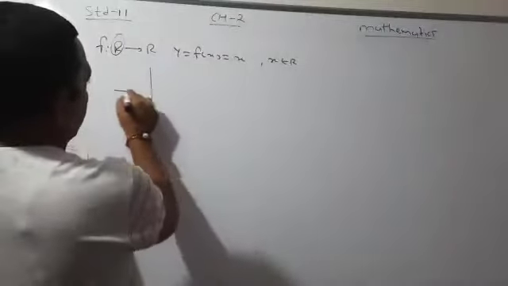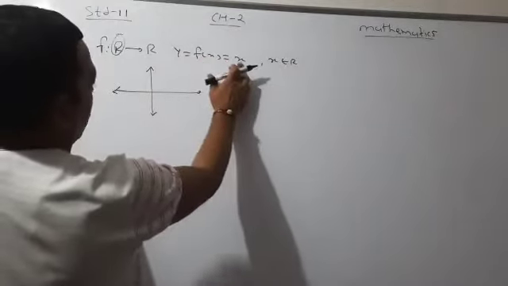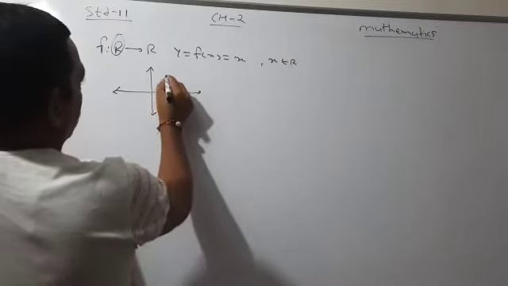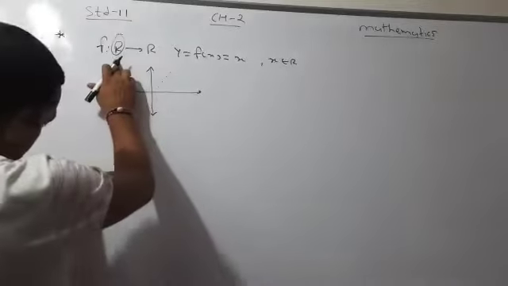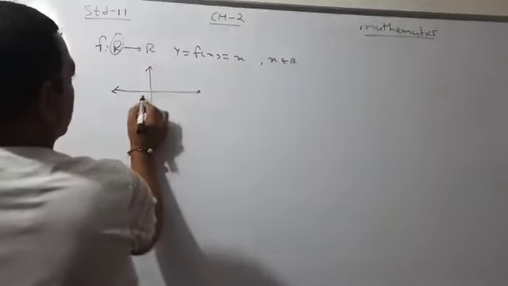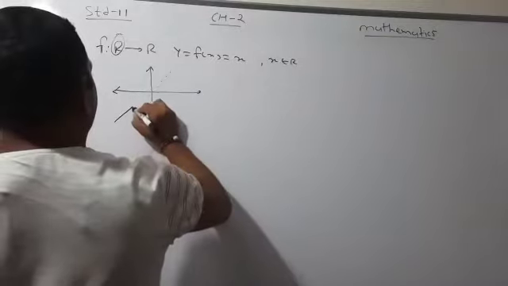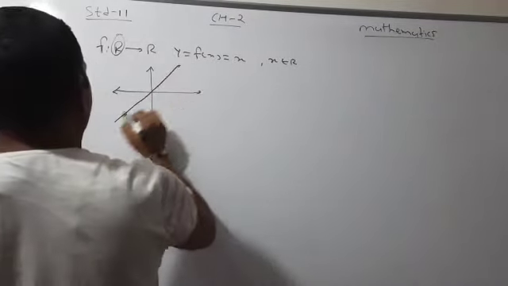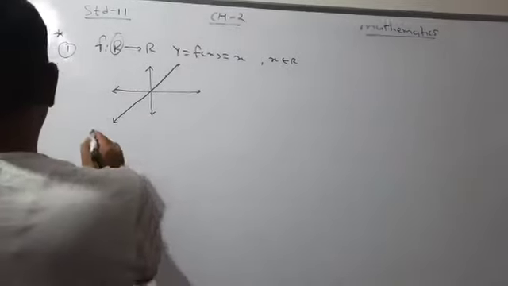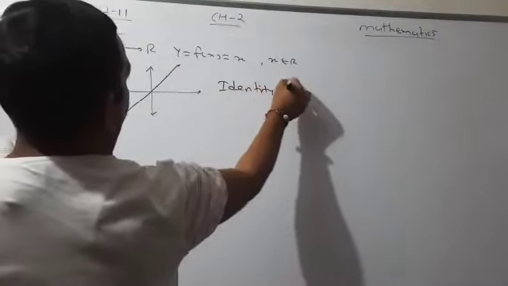Then the graph of this function, as I told you and you also know, if I put 1, I will get 1. So ordered pair (1,1). So this will be (1,1), (2,2), (3,3), (4,4). Now because of real numbers, we can consider negative also. So (-1,-1), (-2,-2), (-3,-3). So almost this line is at 45 degrees. See, this is the graph of the first function. This function is known as identity function.